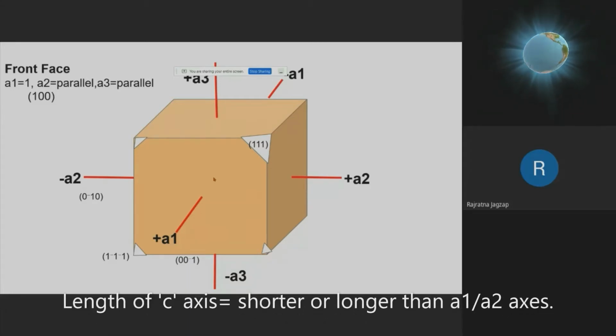So in that case, as the length of the vertical axis increases, the crystals will be of different shape, different size than what you are seeing on the screen, that is cubic system crystal, that is cube. Because vertical axis length changes. So instead of this square shaped face, as axis length changes, this same square shaped face becomes elongated, vertically elongated. So it becomes a rectangle. You will be seeing in the next crystal.